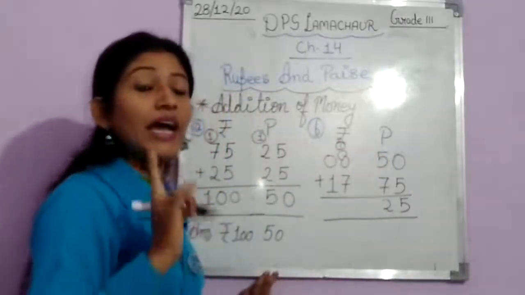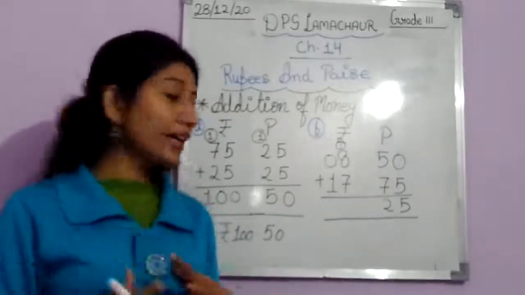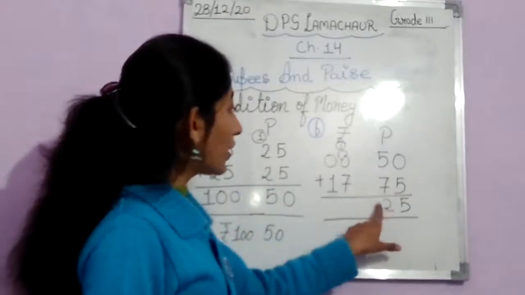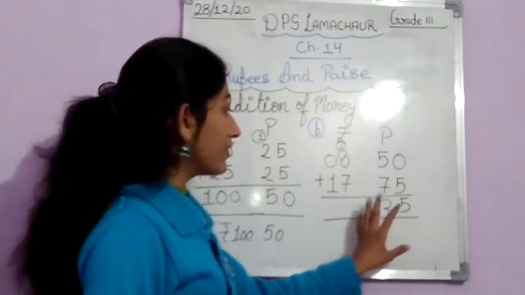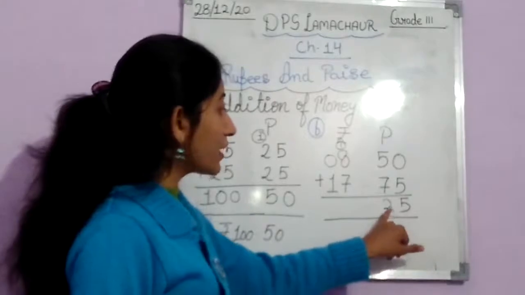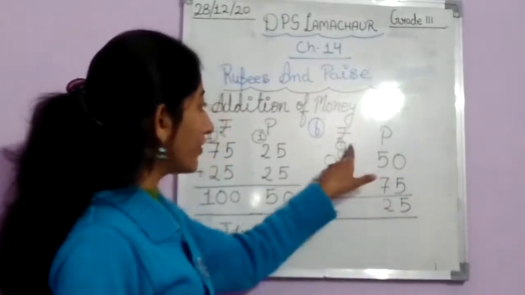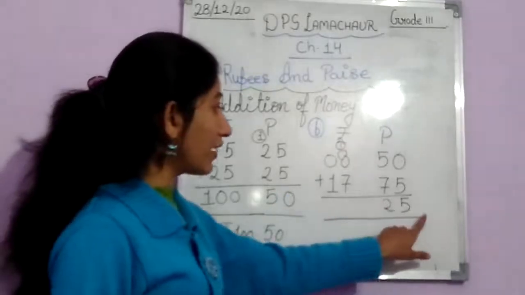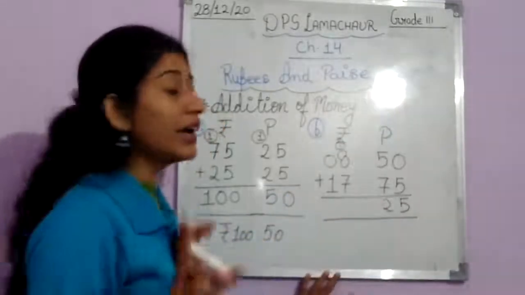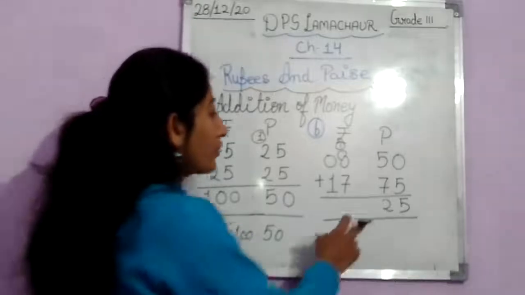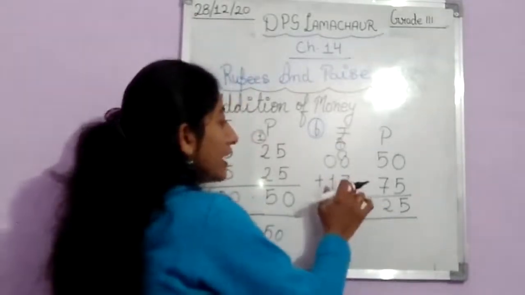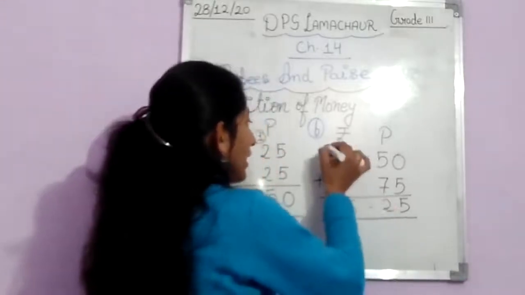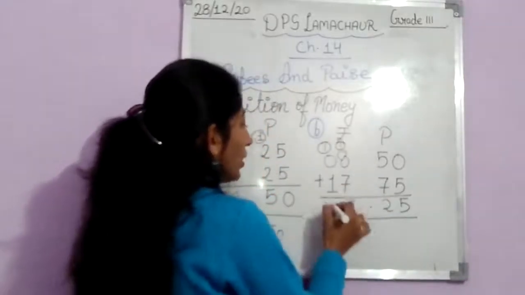Kindly focus here. Many students can do it like this: suppose it is coming 12, they can write 125 here. Don't write 1 here only. It will not be like 125. If it is coming 12, then we have to put 2 here and we will put 1 as carry. Then 7 plus 1 is 8, 8 plus 8 is 16, 6 is written and 1 is carry, 1 plus 1 is 2.